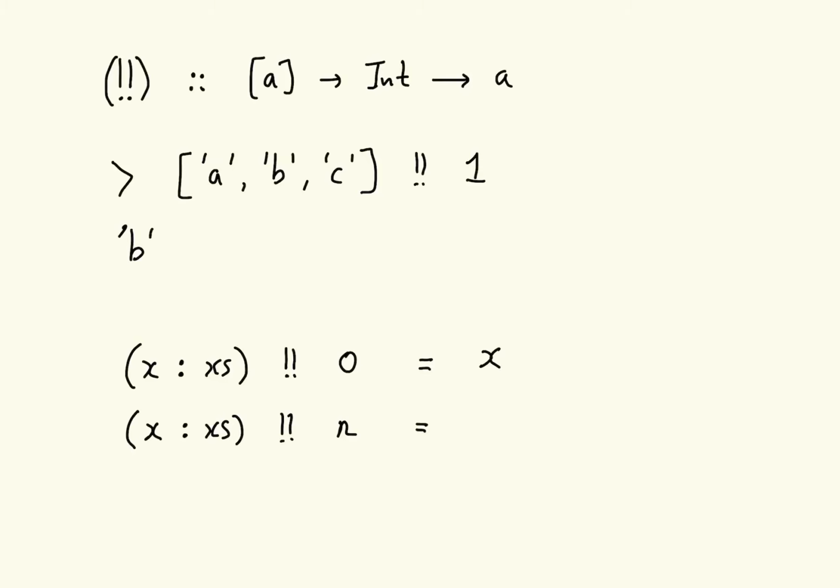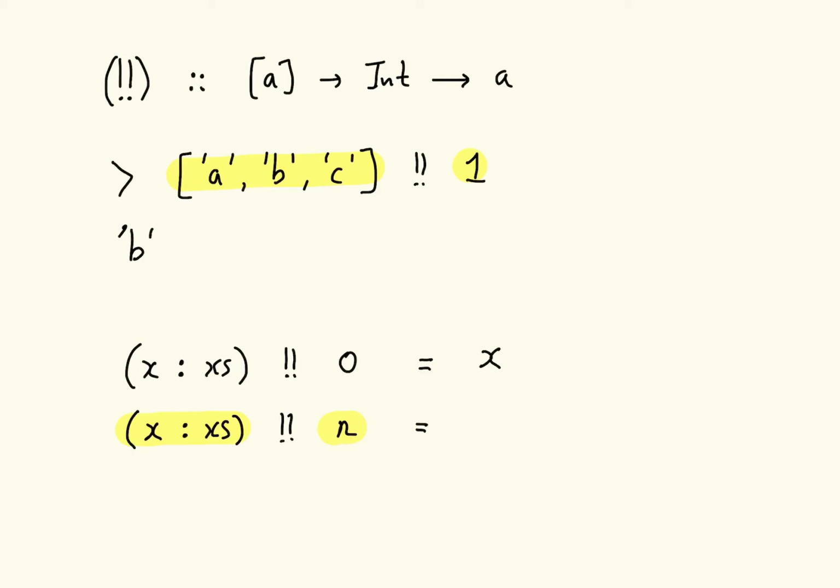There is no recursion involved. In the recursive case, we're indexing into a non-empty list at a positive position. So we know it's not 0, because that would be checked by the first case. So for example, if we're indexing into this example list up here at position 1, how could we decompose the